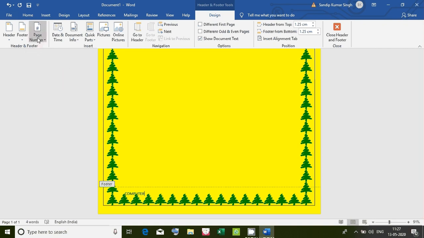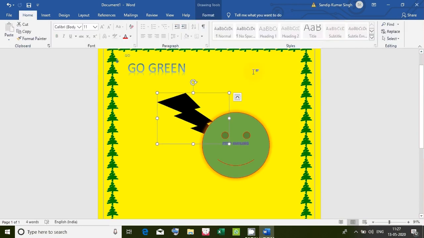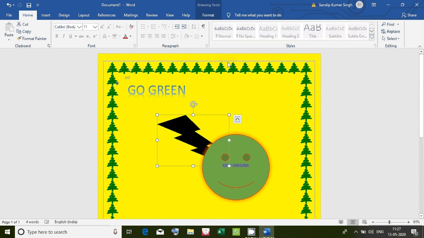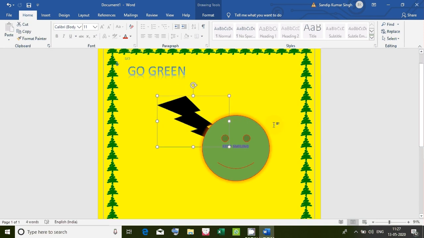Not only this, we can put page numbers, date and time, all the things can be given. Or at the same time, you can close the header. Suppose I close it, you see. Now header things are closed. Only I have a page with border, color and shapes. So these are some more editing effects on Word so that your picture or your document becomes better and better.